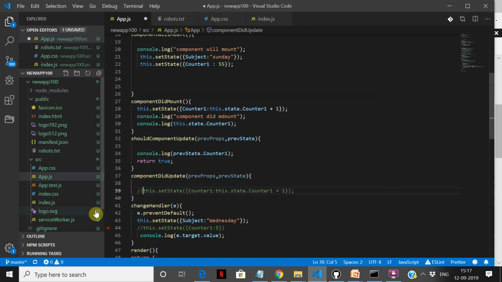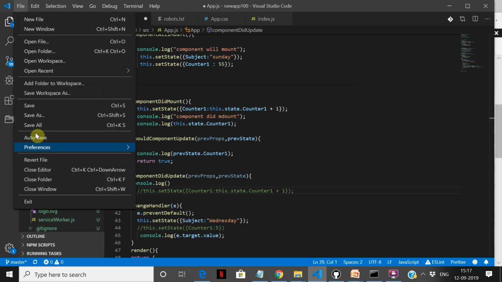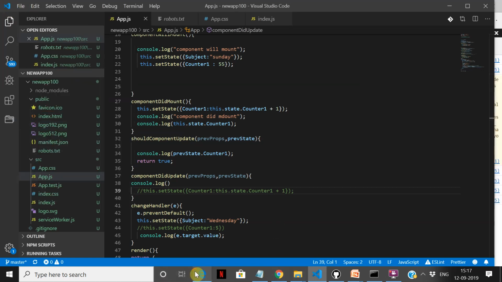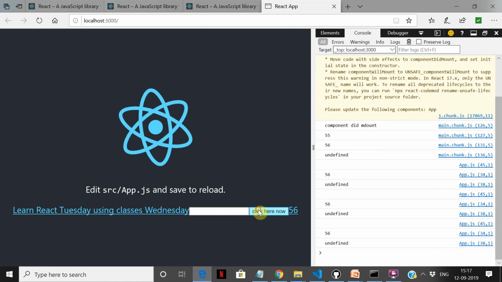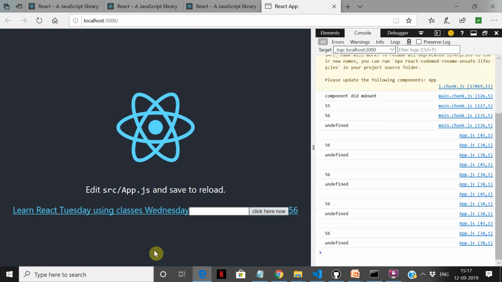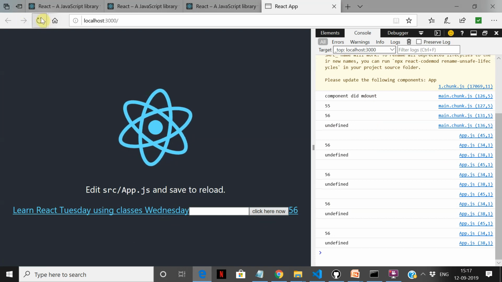But basically, componentDidUpdate is used for doing any cleanup tasks, or if you want to make any changes or access any values, you can do that. So now let's stop the statement there. Now let's take a look here. This Tuesday, now it will change to Wednesday. Sorry, the Sunday changed to Wednesday, because this is what I'm showing here. So let me re-render it.